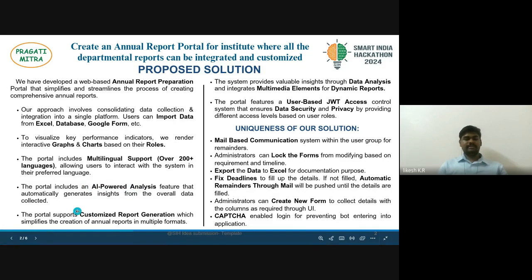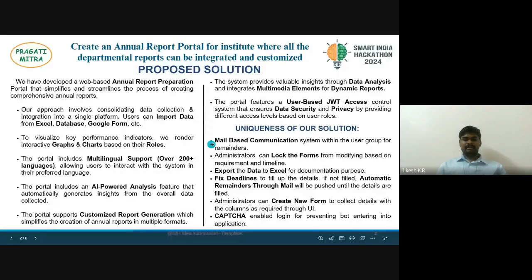We also mentioned we can customize this report generation through the UI, so you need not work on actual code to modify the report. These are the features which are expected in the problem statement itself. So these are the things which we proposed uniquely.